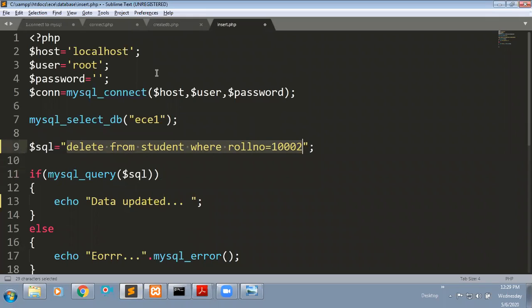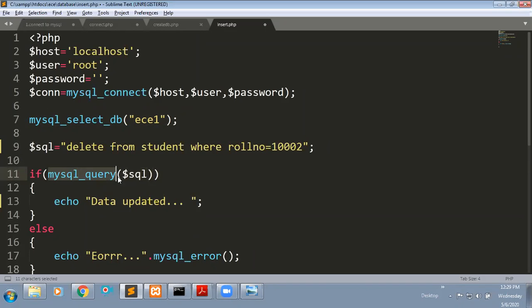Write the total program. First, connect with your server. After connecting to your server, select the database. If you want to describe the database also, first you can create this database, then you can select your database. Then write the query for the delete operation. Execute it by using mysql underscore query.